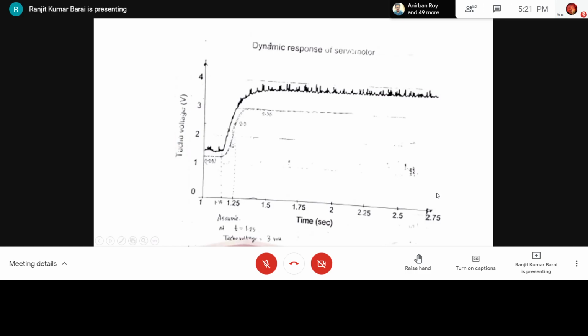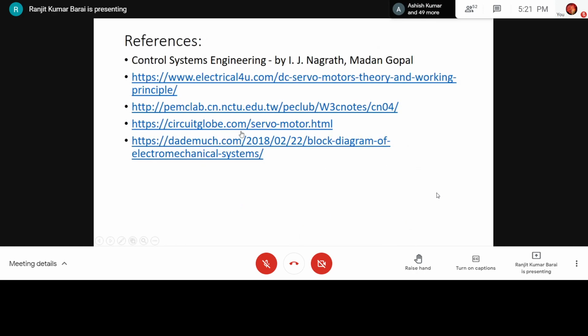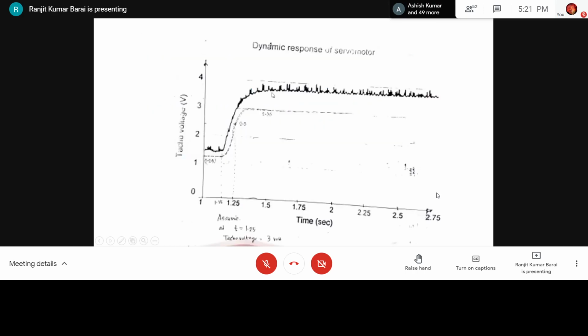How? We have seen from our basic college physics, or in first year physics, or in transfer function also, in system theory, that if I know the time constant of this first order response, we can derive the transfer function, because there is only one time constant in the transfer function.